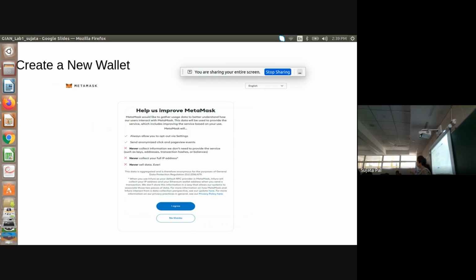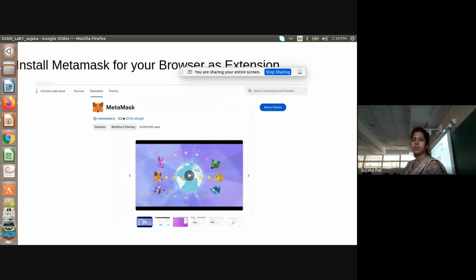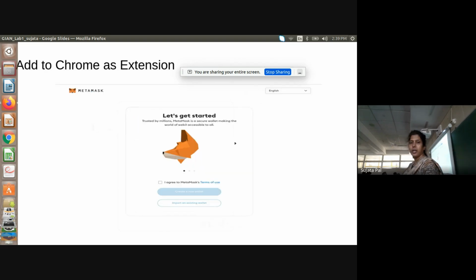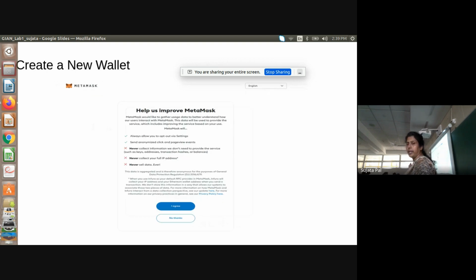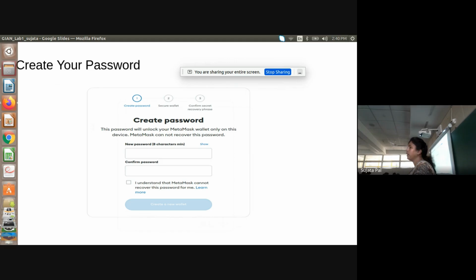Then you have to choose one browser. After this, add to Chrome. And after this, let's get started. This browser is showing. And then help us to improve. I agree. Okay. Then create a password for your MetaMask. Create password. You all did.